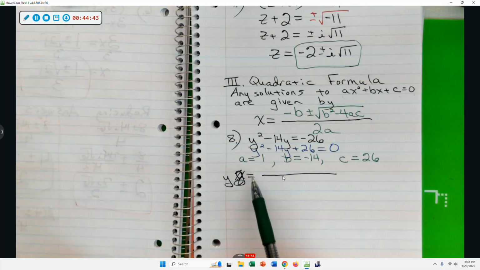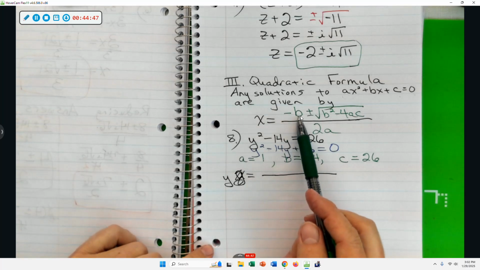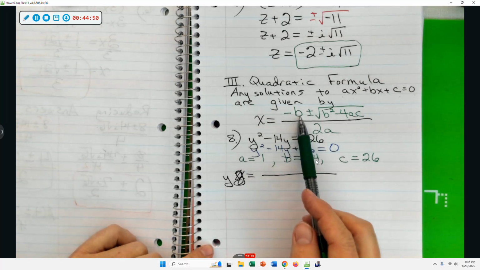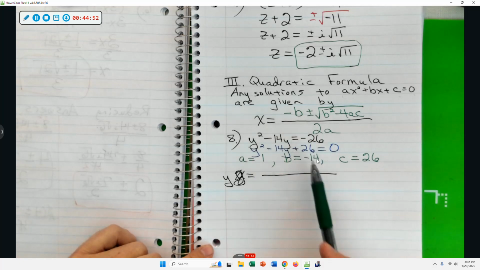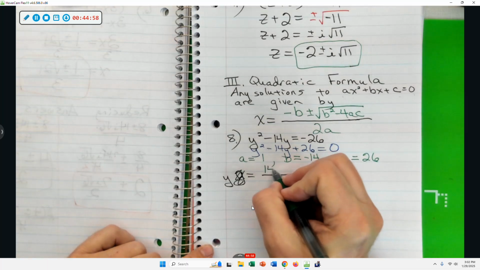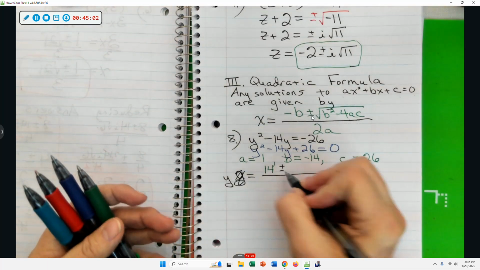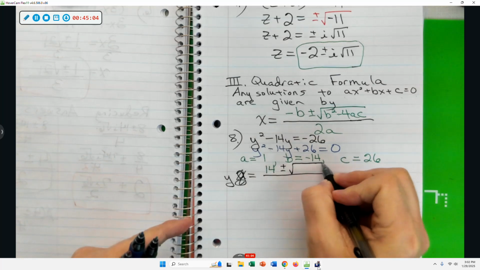Y equals this first term, negative b. That's saying the opposite of b. Change the sign on b. What's the opposite of negative 14? Positive 14. Plus or minus the square root of